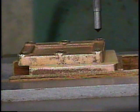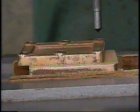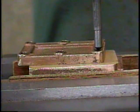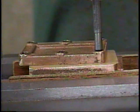I've mounted my pointer in the milling machine chuck, and the pointer is nothing but a piece of rod with a point ground on it. And I've placed tape on the valve chest casting to protect it from getting scratched when things slide around and when I drill there. So we'll just engage that pointer in a hole of the valve chest cover, and it